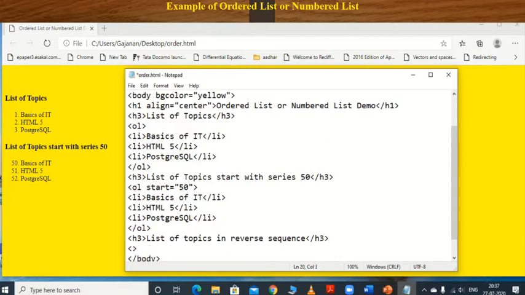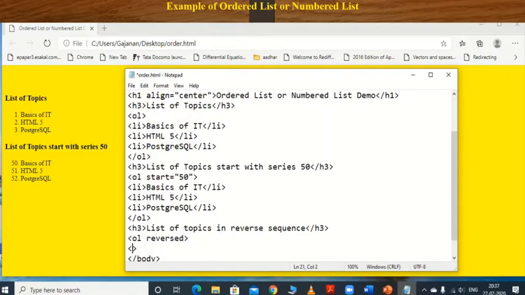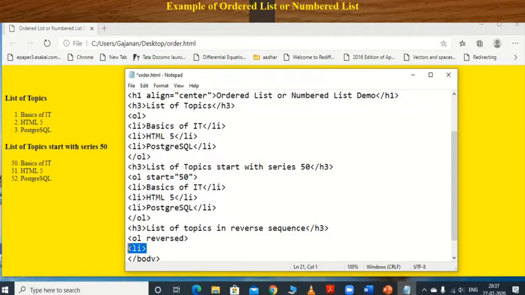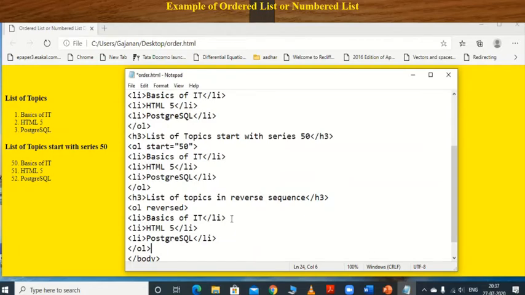Then I use OL for ordered list, and we use reversed. Then use li, for listing item. Suppose I copy this as it is and save this.